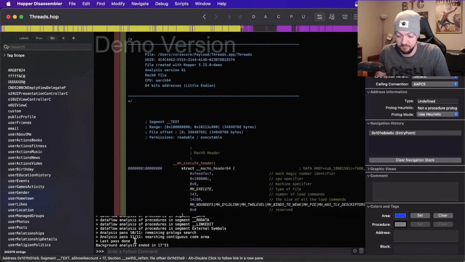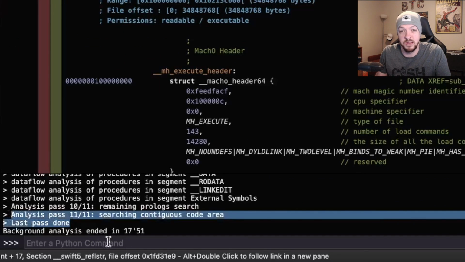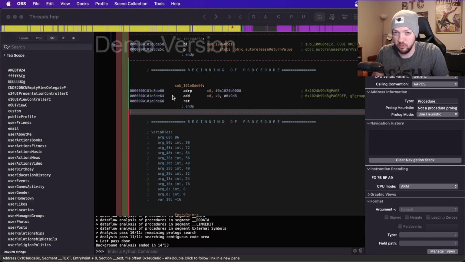into Hopper. Okay, so now after several minutes have passed, it says down at the bottom that analysis pass 11 and 11 was done. It says last pass done. So now all of that code is disassembled, and now we can start looking through it and see if we can find anything interesting. Like I said, I'm not an expert on reverse engineering, but what I would normally do at this point is I would start searching for some keywords of something I might want to take a look